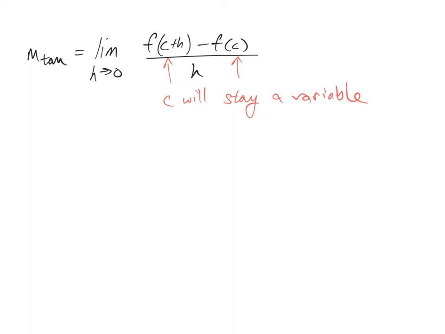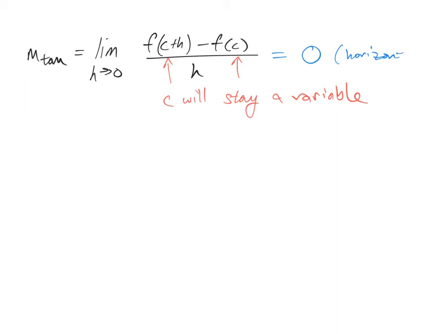So from the previous slide, when you're trying to find the slope of the tangent line, you know that it's the limit as h approaches 0 of f of c plus h minus f of c, all over h. And when you're trying to find a specific coordinate on the graph of a function, then c will stay a variable. And you will set whatever that limit is, if it exists, equal to 0 if it is a